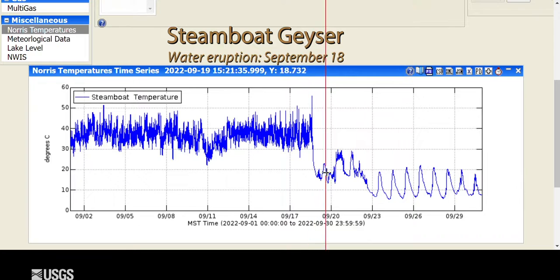And after that, you can see the temperature drops quite a bit, and then we go into these daily variations. This is when the outflow channel is essentially dry. There's no more minor activity, and we're just seeing daily temperature variations here. So typically we see some minor activity that leads up to a major, like you can see here in the early part of the month. We're not seeing any of that minor activity now, and that suggests that there isn't a major eruption of Steamboat that is imminent. Hopefully, though, we'll start to see some minor activity in October and maybe leading up to another